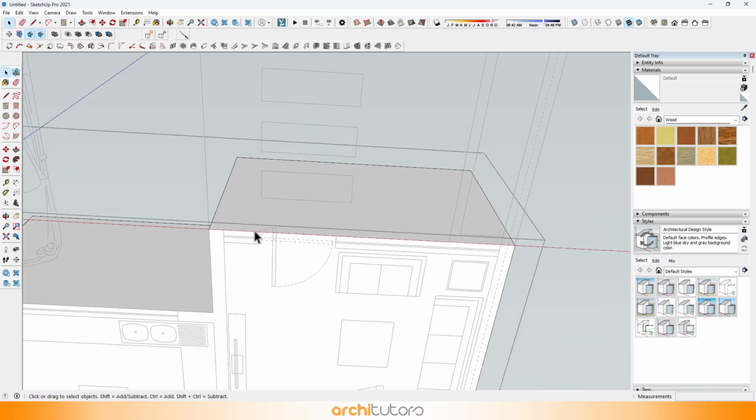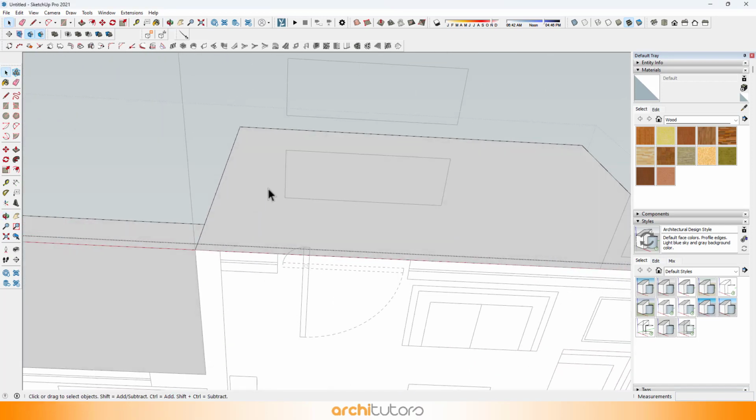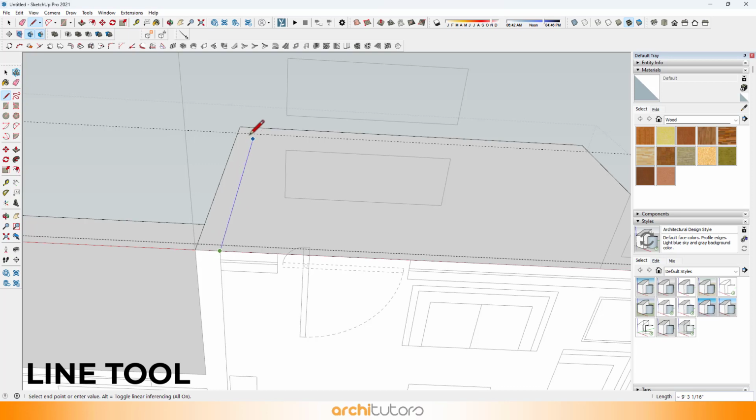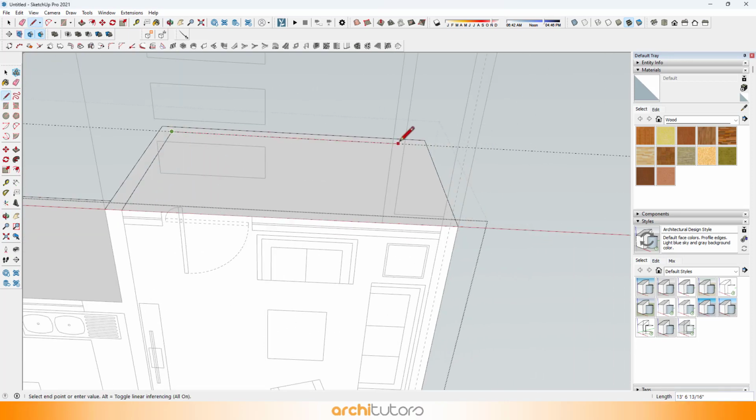Now that we have the basic volume, we can start adding details such as windows and door to the elevation. We can use the Line tool to divide and create faces for the windows.